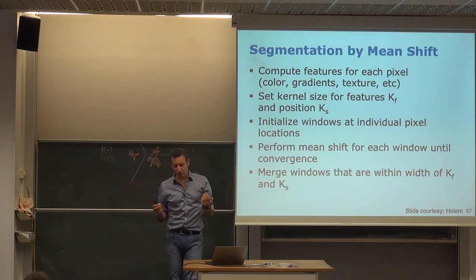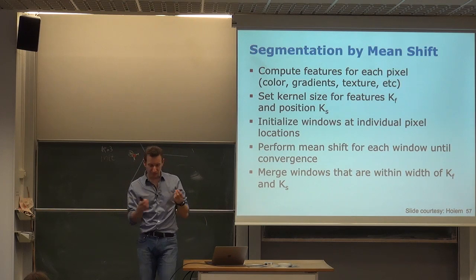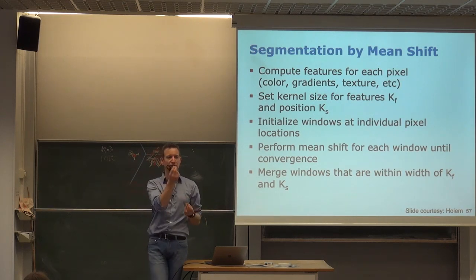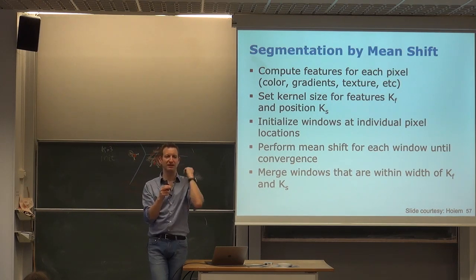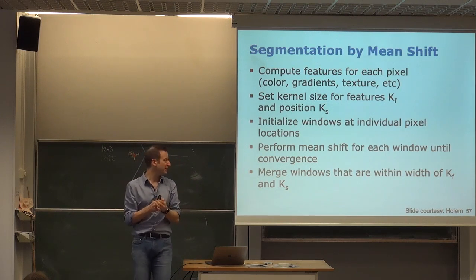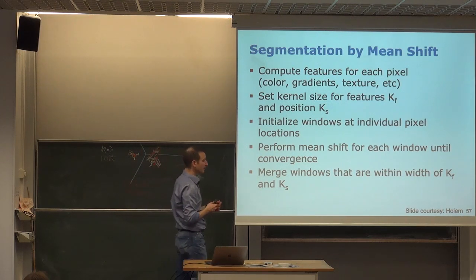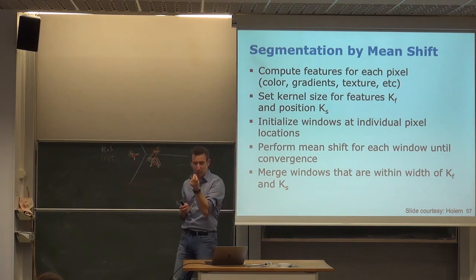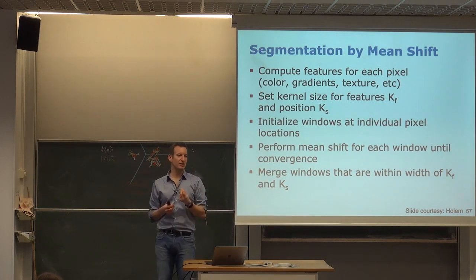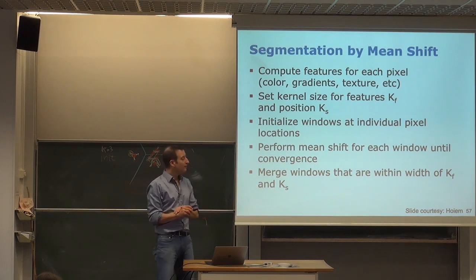And then what you typically also need to do is if you run your algorithm and you abort your convergence at some point in time, depending on your numeric quantities, depending how dense the points are, there may be points which are extremely close together at the final location, and you want to merge maybe points which just differ in a few sub-pixel differences or locations. So you may want to merge peaks which are very, very close together. But if you do this, you actually